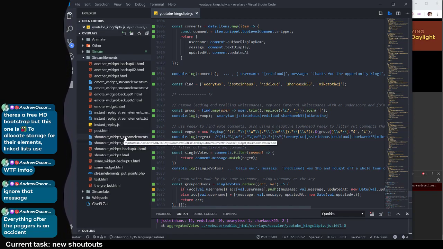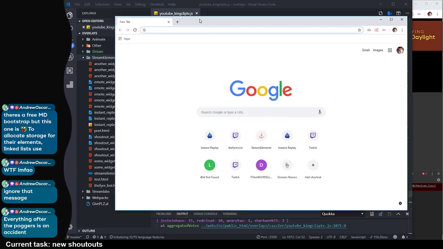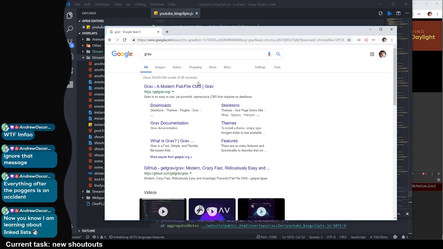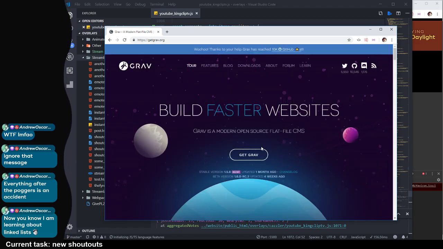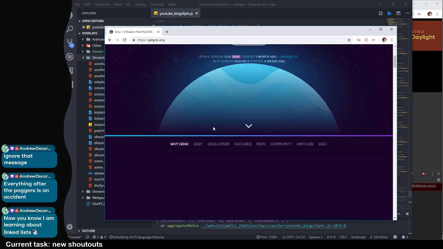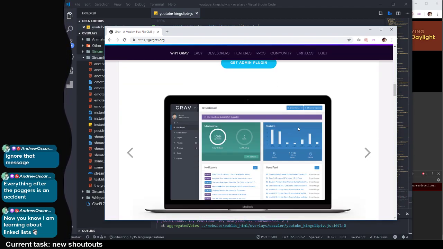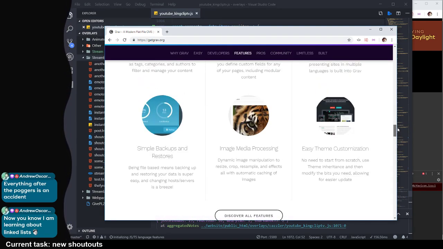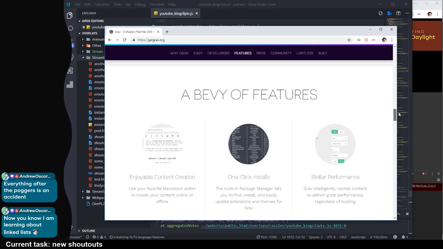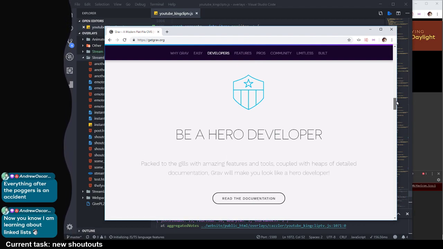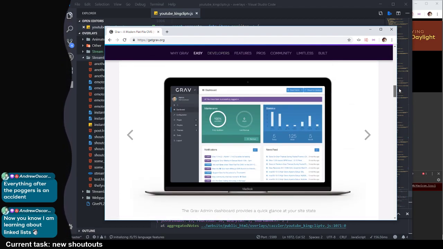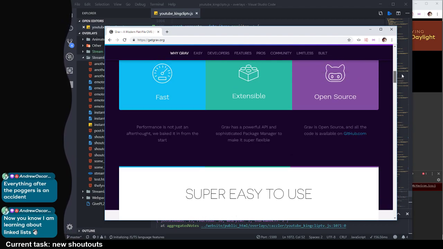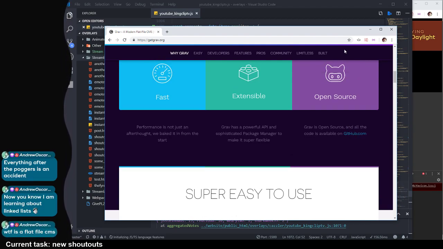Markdown is pretty awesome. I don't know if you've been watching Scribbly recently, or Scribs404 I should say. He's using a new thing, a flat file CMS, which looked pretty interesting, I'm not gonna lie. I do want to take a closer look at it. It looks pretty cool. So basically it's somewhat similar to ViewPress, but it's more CMS based, I think, rather than just a static site generator. There's a bit more going on with it, but it essentially does let you do Markdown to HTML, which is pretty cool, and it has a pretty nice